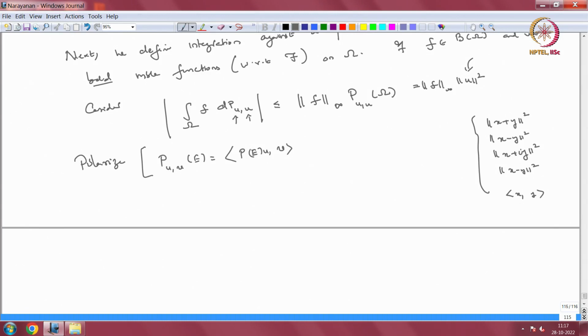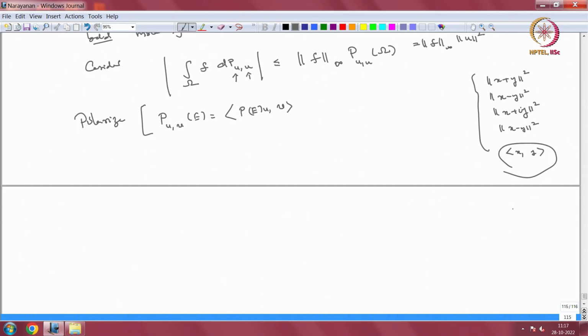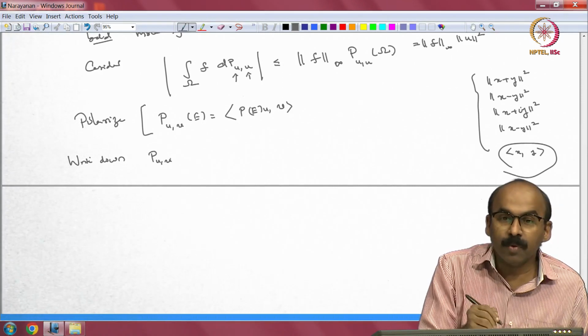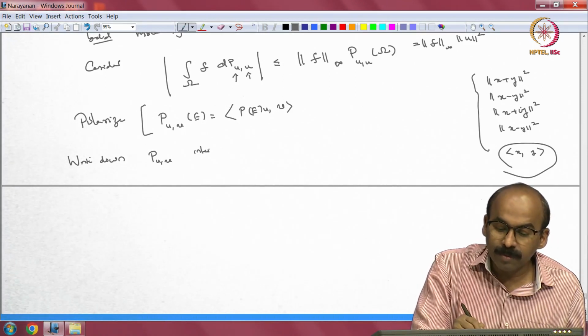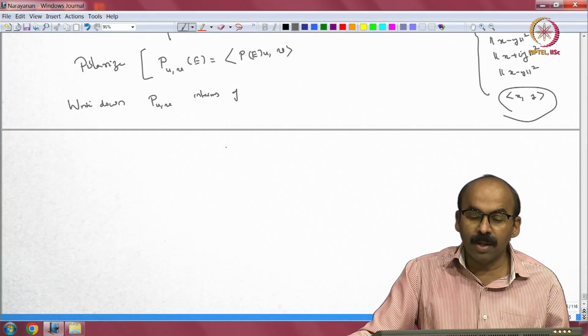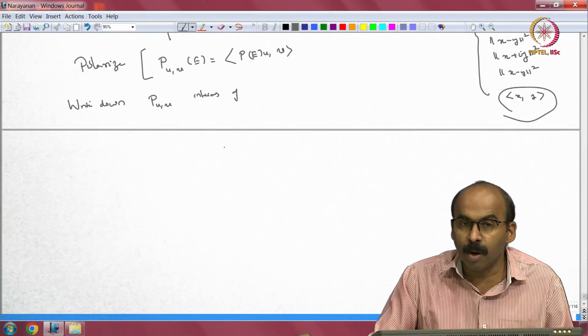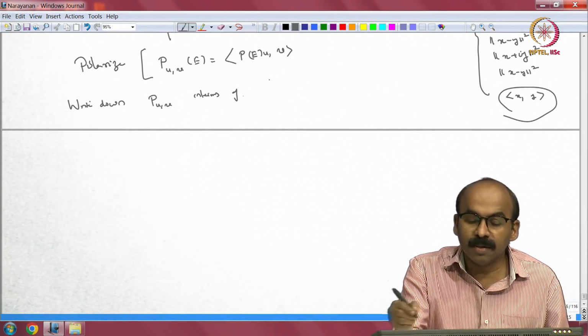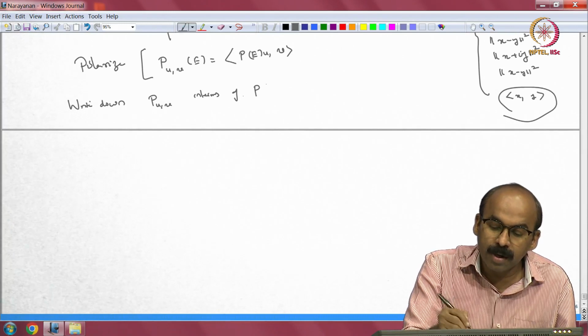And so, one can do the polarization just like you will do for the inner product. Okay. So, essentially I am asking you to write down P u v in terms of... So, P u v, think of it as the inner product of u and v, right. The only thing is it is taking values in the complex measures. So, if you look at the polarization formula, you should be writing this in terms